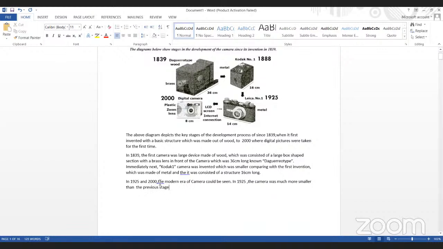Much more smaller than the previous stage. Now the structure consisted of a 14 centimeter metal body, right? 14 centimeter metal body